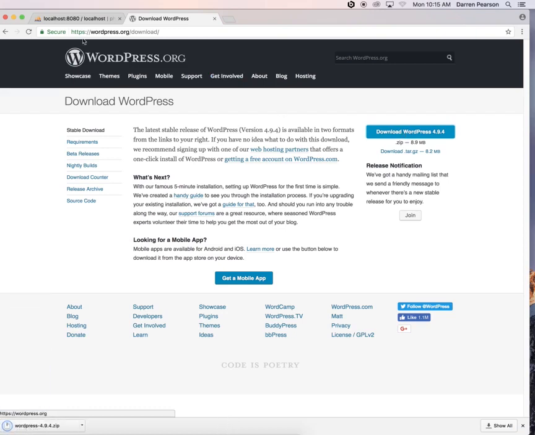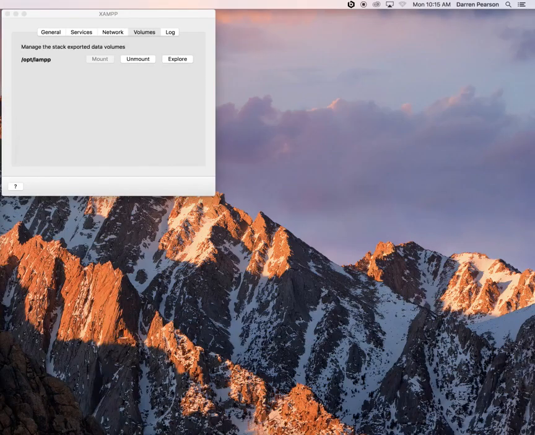Should be a zip file. There it is. And I always like to put it here on my desktop. We can see WordPress 4.9.4.zip. And if I unzip this, we'll see a WordPress folder. I'm actually not going to do that right now to make things move a little faster in the next couple stages. So, back in XAMPP,